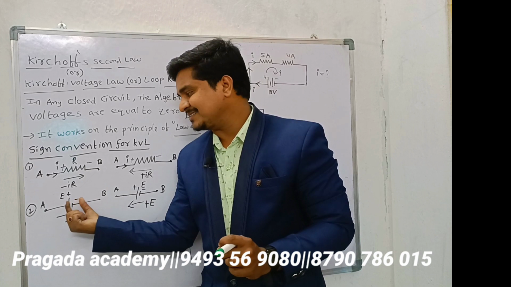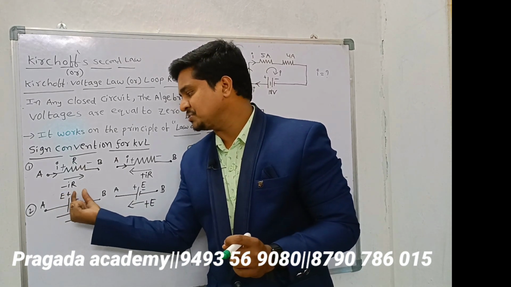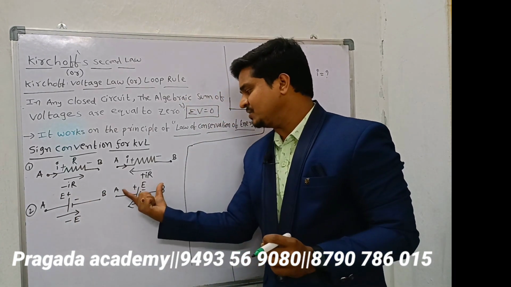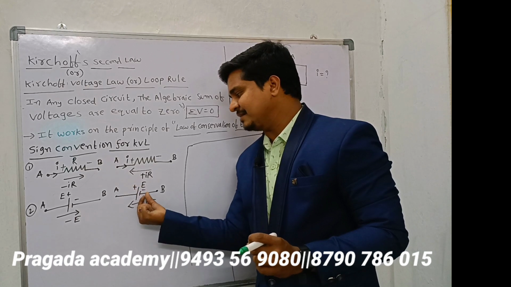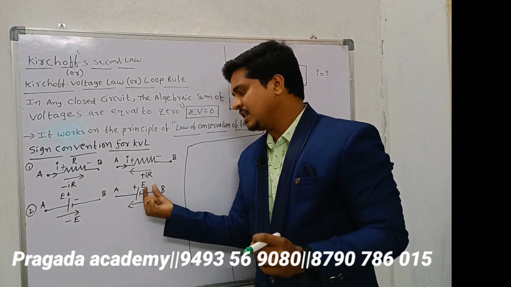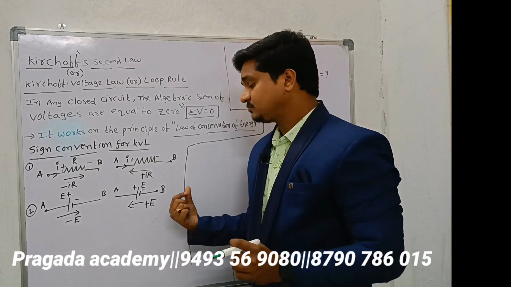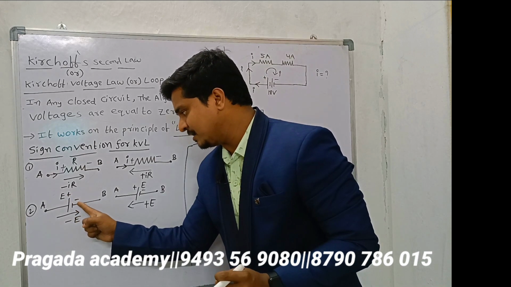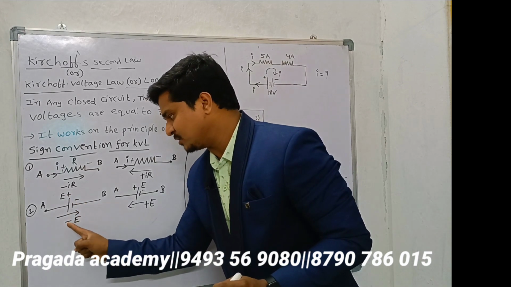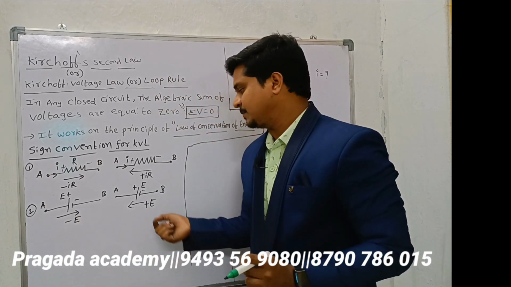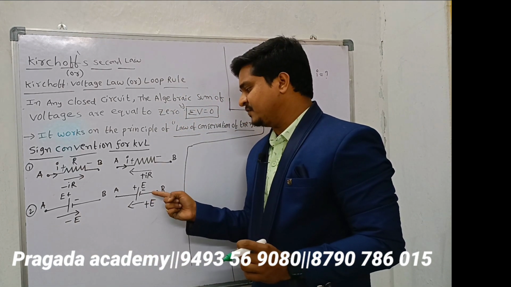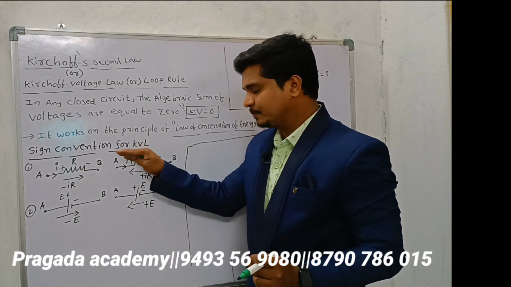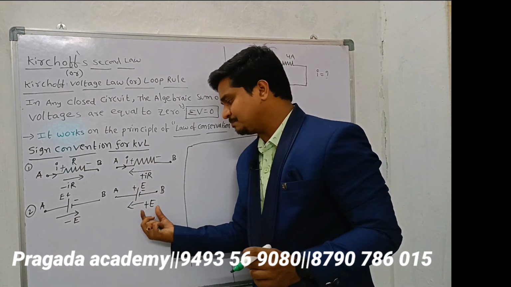Suppose we connected a cell having EMF, with a higher potential and a lower potential. Plus will be the higher potential, minus will be the lower potential. Here also, AB is connected with a cell, plus and minus. Here the direction we are taking from A to B is from higher potential to lower potential. In this case, we need to take the potential difference value as minus E. Suppose the direction of EMF is from negative to positive, that is, lower potential to higher potential. In that case you need to take plus E.